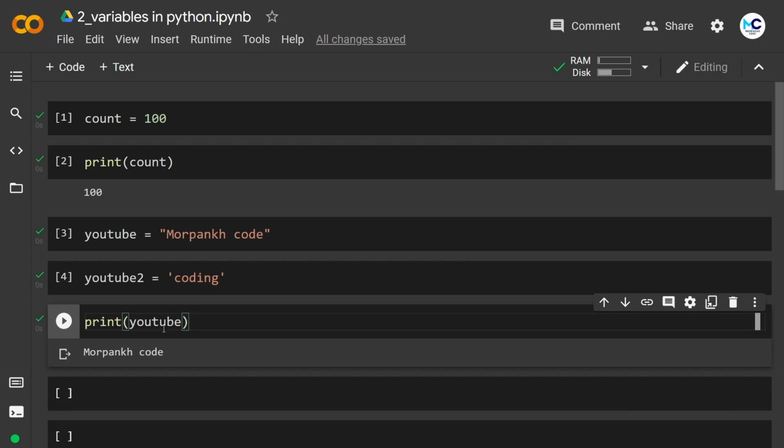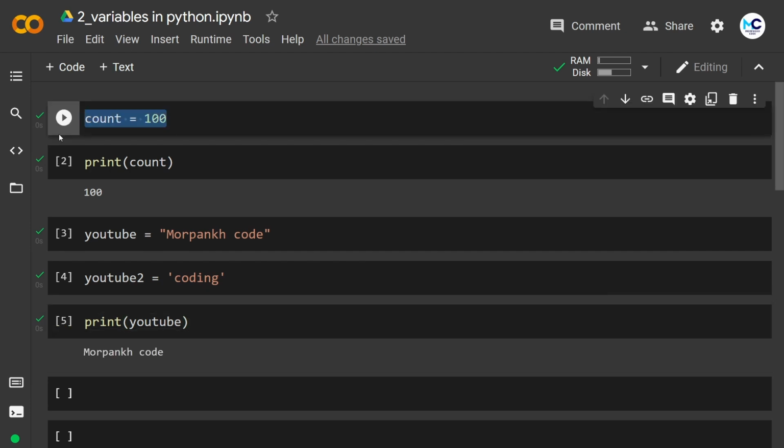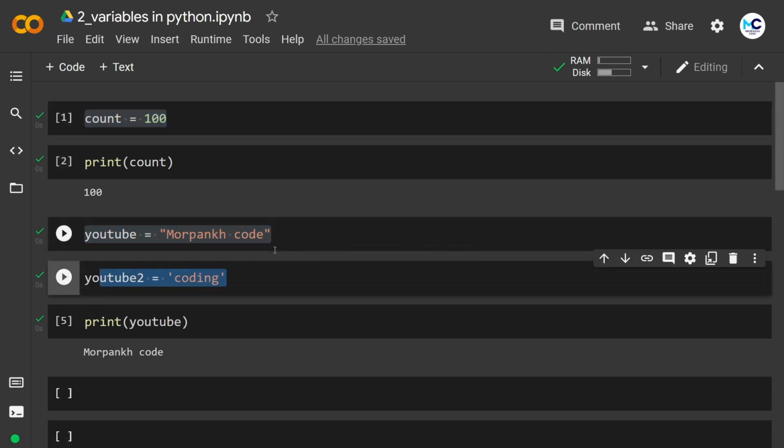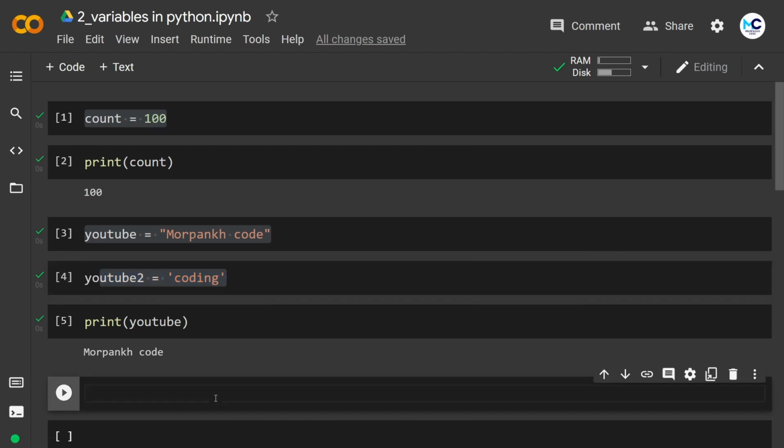In programming, we have a concept of data type to identify what kind of data we have. Here I will go through primitive data types, the most common data types in programming. In a programming language, a number without decimal places is known as an integer data type. This variable has stored an integer value in the memory. In the second and third variables, I have stored a few words, which is known as string data type. Any word or sentence or anything in a double quote or a single quote is considered a string data type. If I store a number in a double quote, it's also considered a string data type instead of an integer.